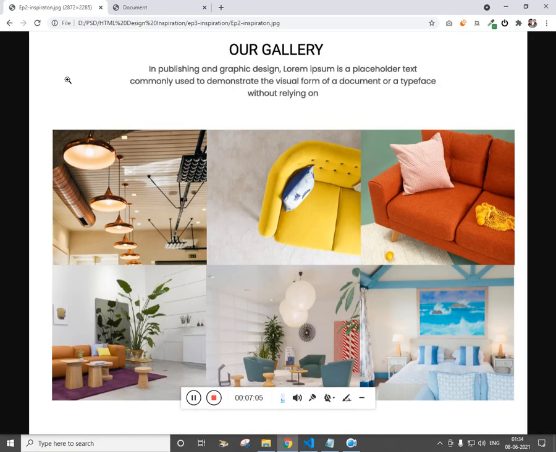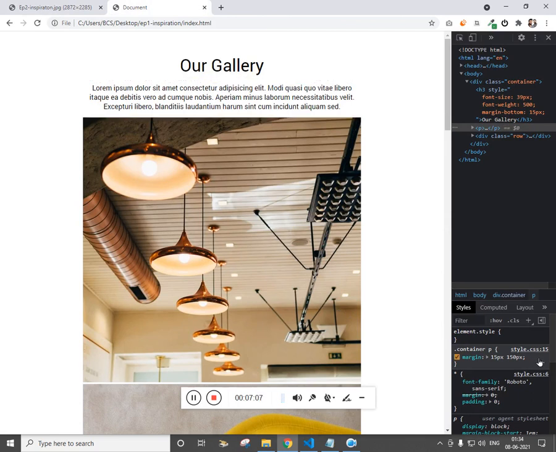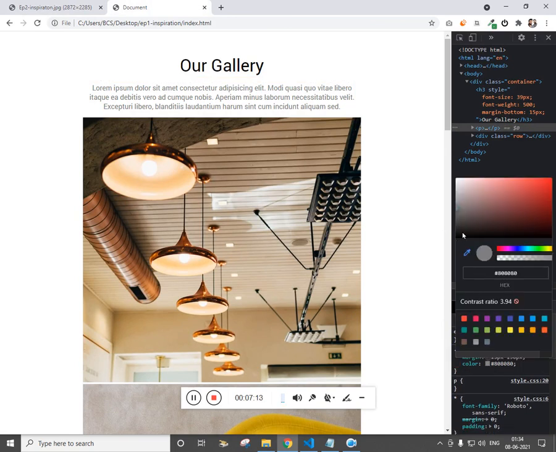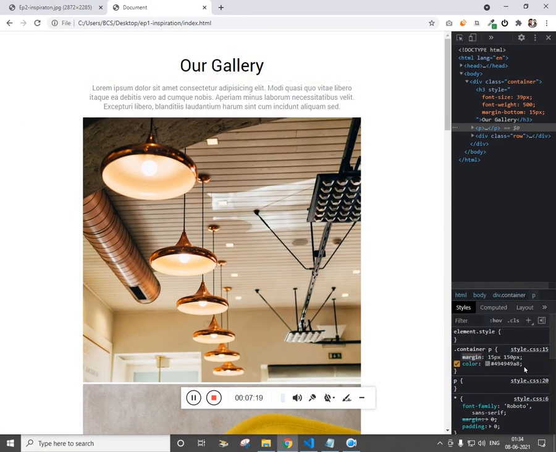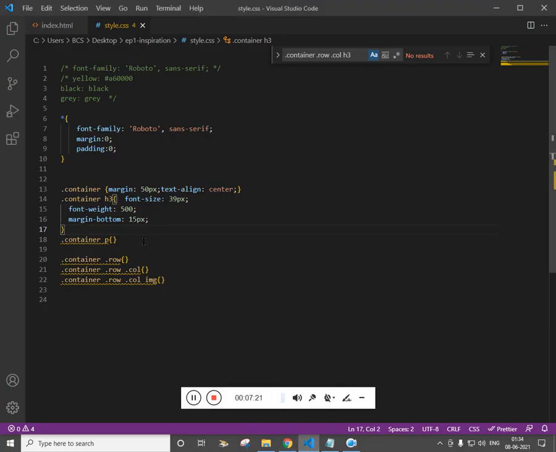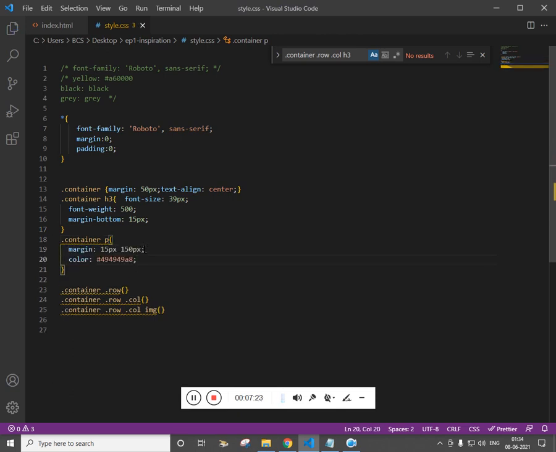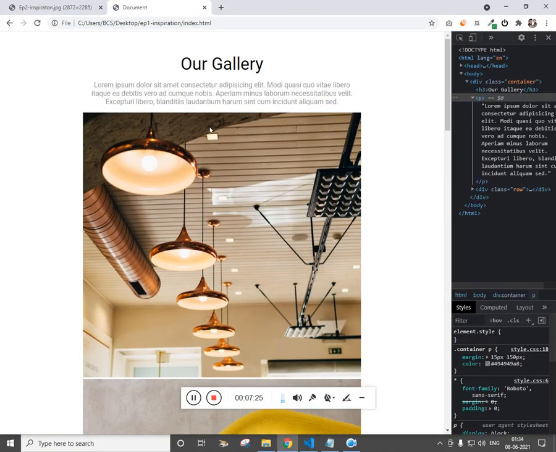And we want the color to be changed. Color gray, slightly dark. That's all right. Now just place this. If I refresh, this is how it looks.